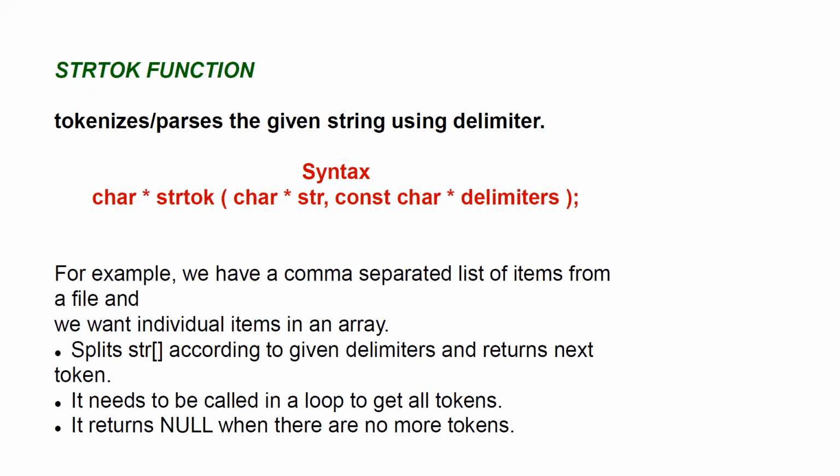Now the next function is the string tokenization function, which means strtok. That is, it is used to parse a given string using delimiters. For example, let's say you have a text file with values separated by commas. So it's a file of like 100 lines, each string separated by a comma. Now, how do you parse this file? With the help of string tokenization. This is used to get the values separately without the commas. It will help you to store the values into an array also.